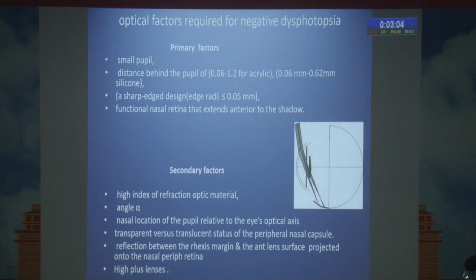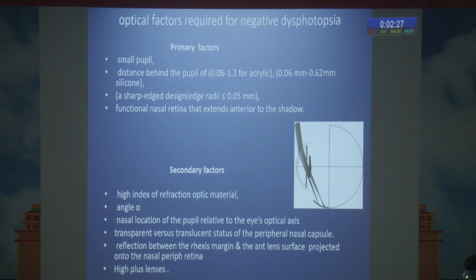Primary is if you have a small pupil, there is more distance behind the pupil, and it has been calculated. The crystalline lens is 4 millimeters, whereas the pseudophakic lens is less than 1 millimeter. So after removing the cataract and implanting an IOL, there is more distance between the iris and the IOL, and it has been calculated that if it is 0.06 to 1.2 for acrylic and 0.06 to 0.62 for silicone, this predisposes to development of dysphotopsia. Sharp edge design of the IOLs, functional nasal retina that extends anterior to the shadow,